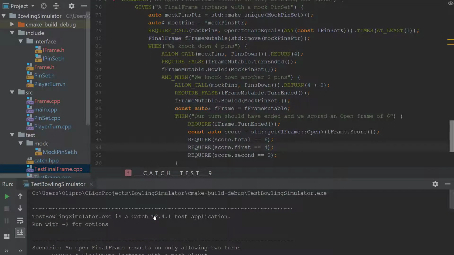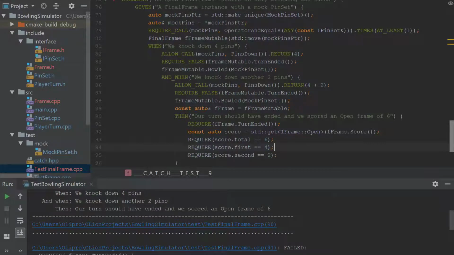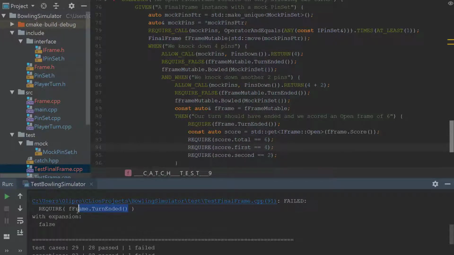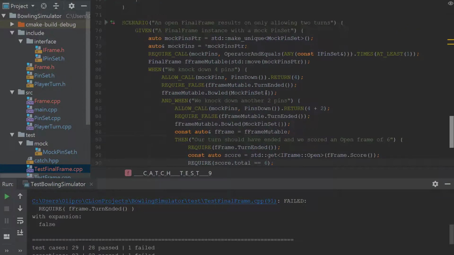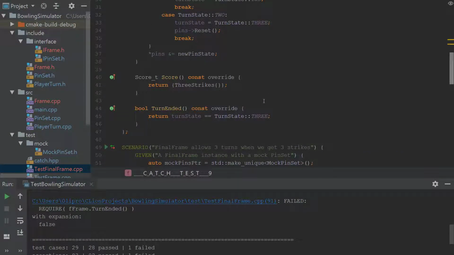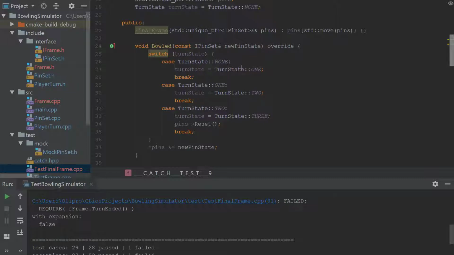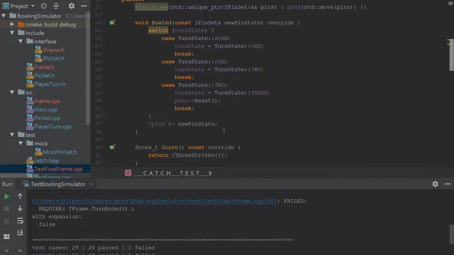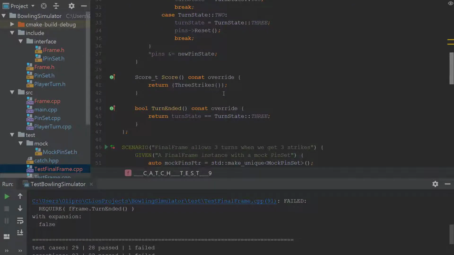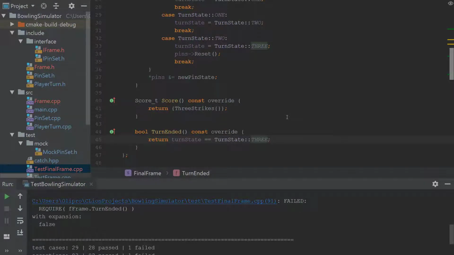Okay, excellent. So we knock down 4 pins on number 2, and the first thing that's failed is turn ended. It's not false. So we need to start implementing. So you bold, new pin state, we update the pin state. So if return state is free, or